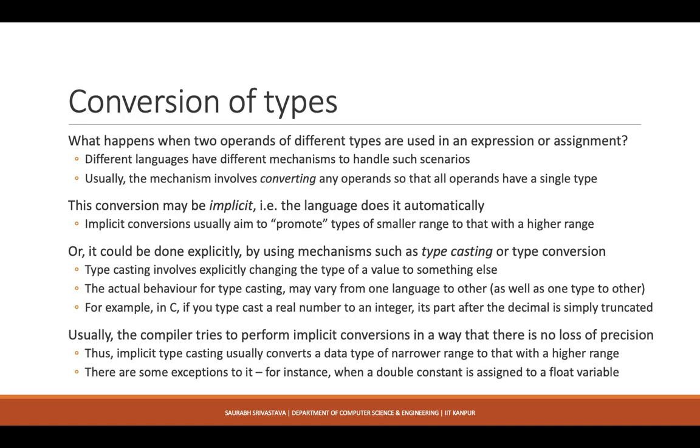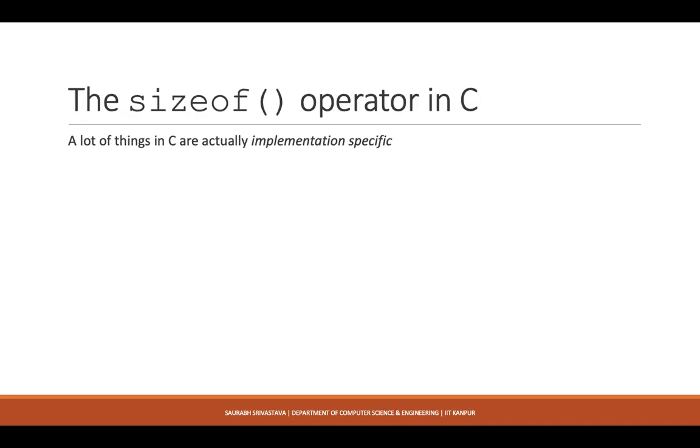Okay, if you are using a real number constant which has a decimal point, by default it is a double. But if you try to write something like float f equal to 2.5, what is really happening is that there is a double type of constant 2.5, and then it has to be typecasted to a float. It's basically an operation where you are losing precision from double to float, but that too is implicit, right? So there are certain cases where the typecast can be from a higher range data type to a lower range data type as well. But usually what happens is that the compiler tries its best to preserve your precision.